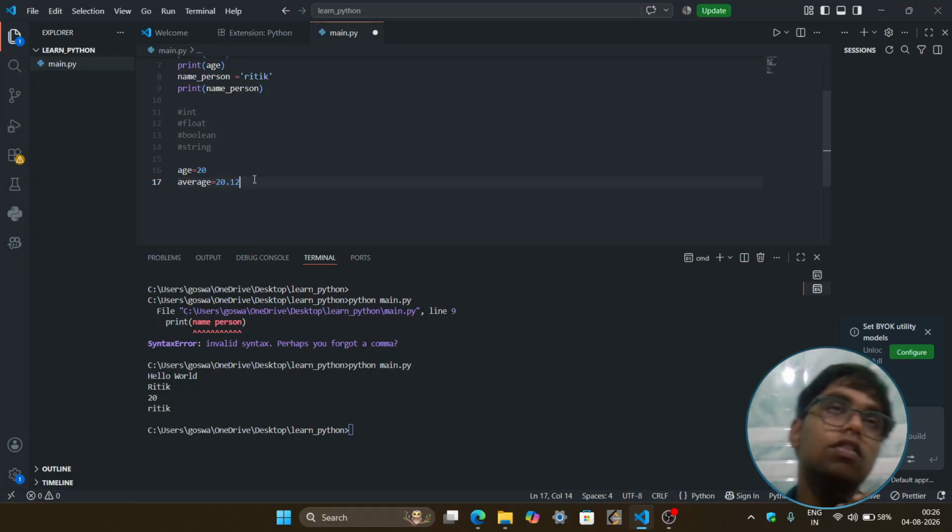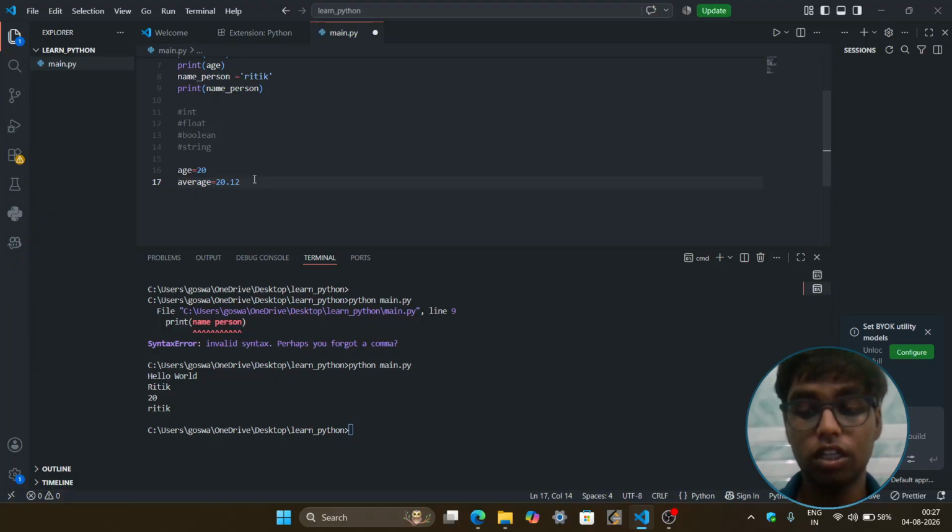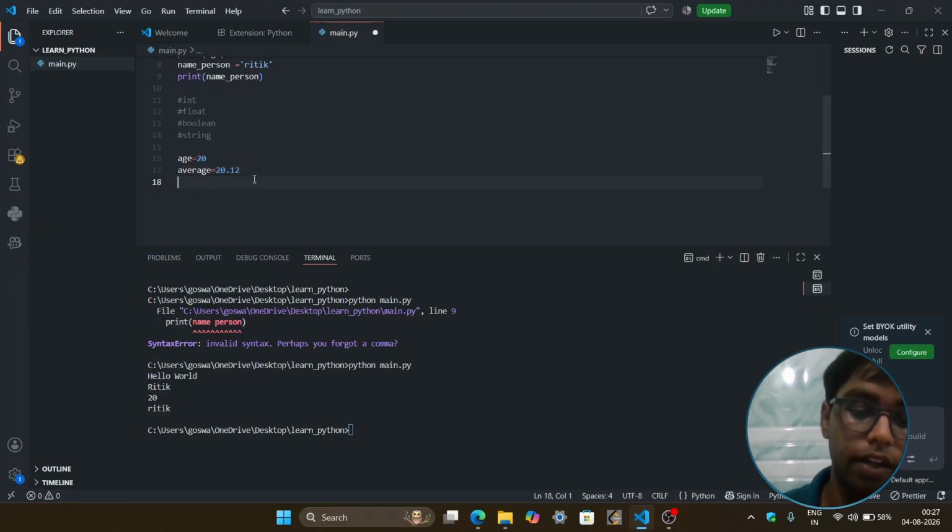In other languages we define variables like int average or float average. But in Python it automatically detects that if you are entering a value with a point, your variable is a float type. So this is also a plus point of Python.